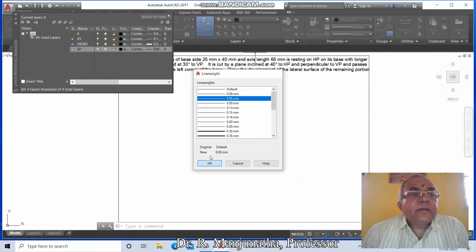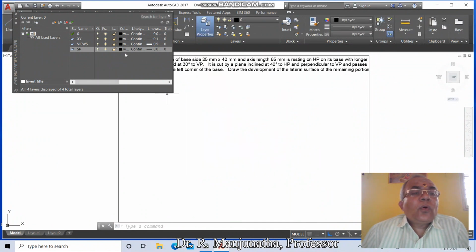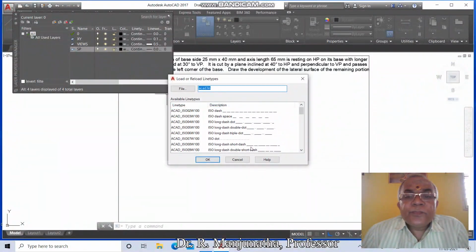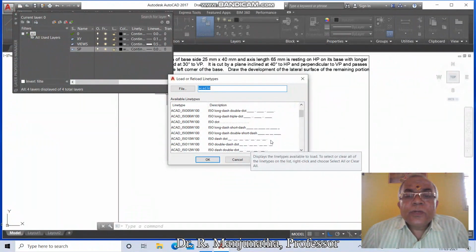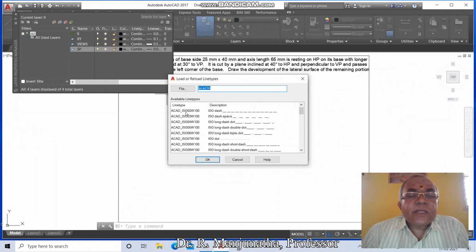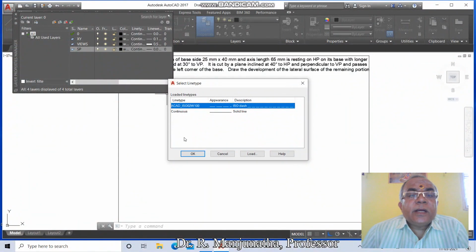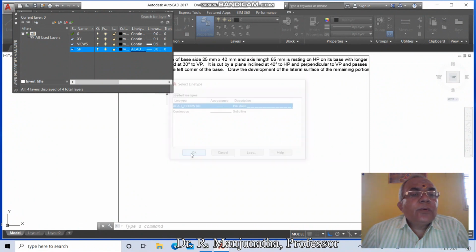Then take the line type of section plane, go to load and click on ISO. So this is the continuous dash, ISO dash and say OK, and then click on AutoCAD ISO dash and say OK.